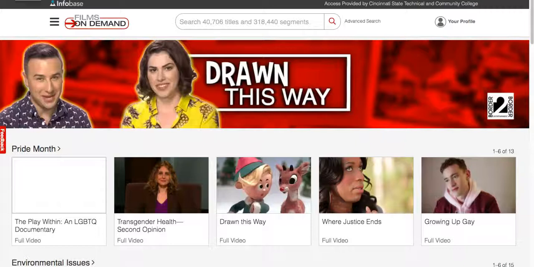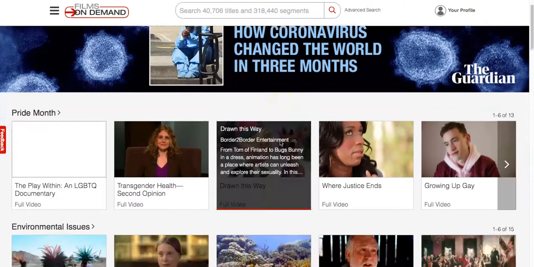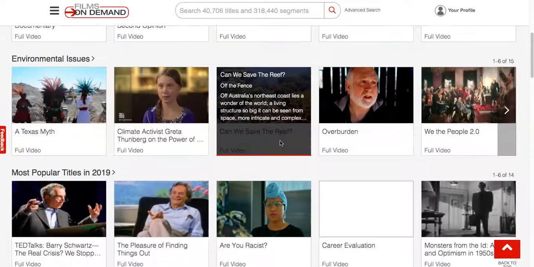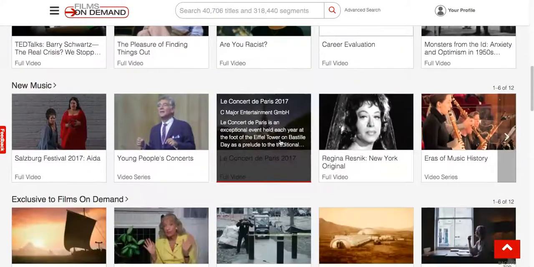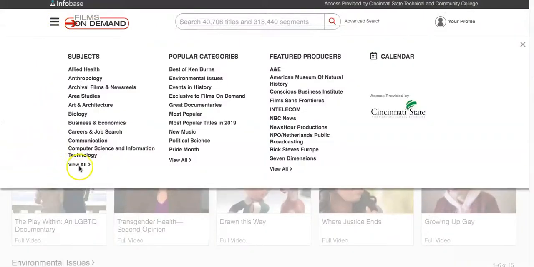This tutorial will help you access and find videos using the library's Films on Demand database. You can browse titles from the home page, which showcases featured videos arranged by subject matter or category. Click on the icon just to the left of the Films on Demand logo to browse full lists of video